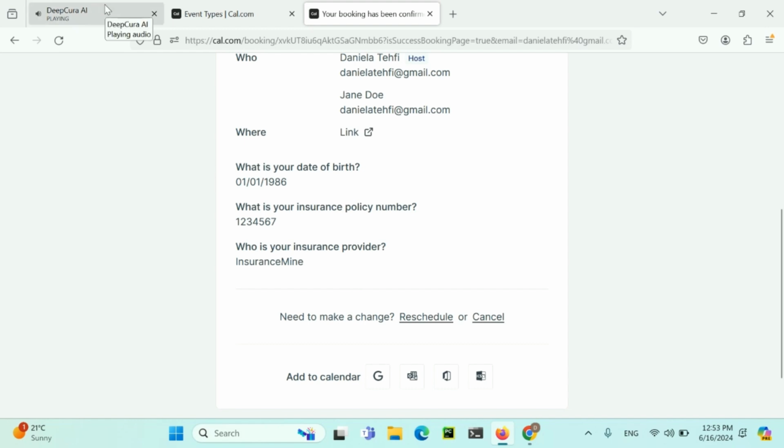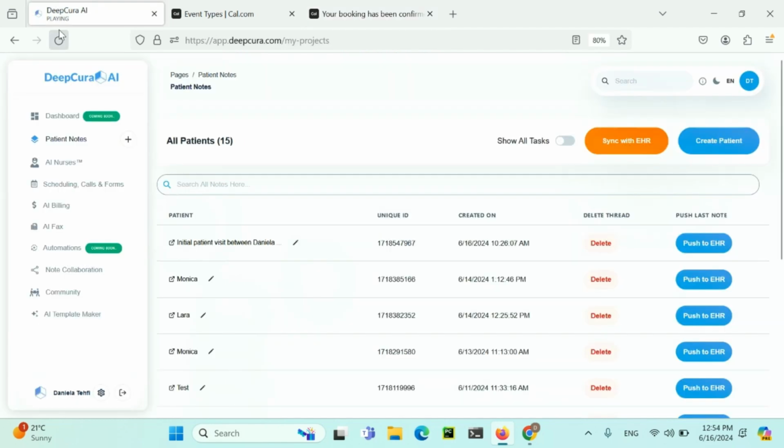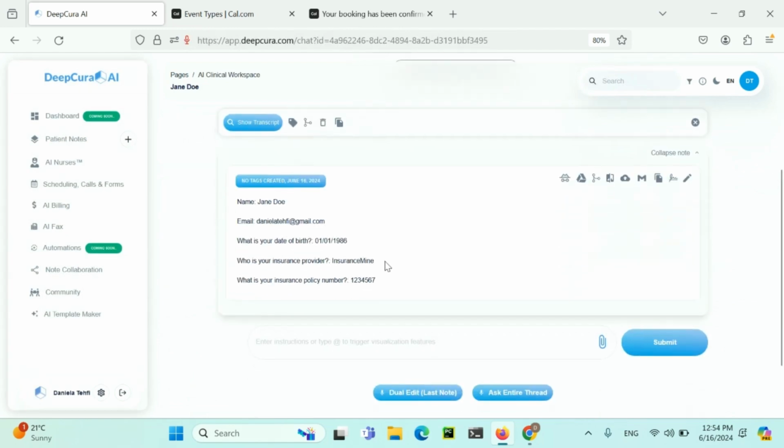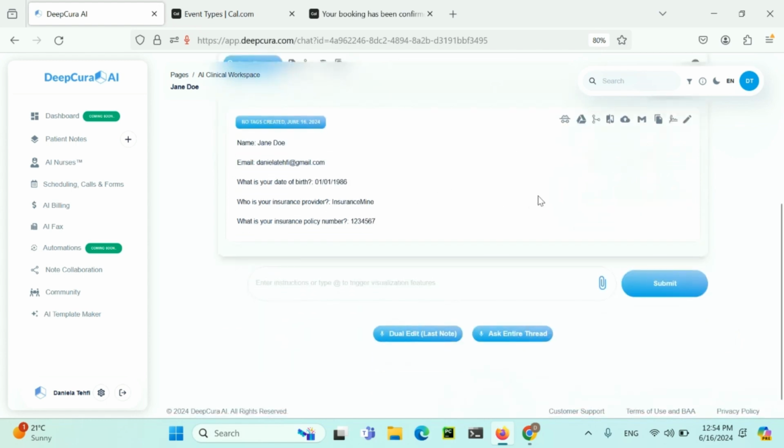And now I'm going to see what happened on the Deep Cura side when that occurred. If I refresh this, now I have a new patient thread called Jane Doe, the name that they used when they booked. And here's all the information that they filled out when they booked the meeting: Jane Doe, their email, their date of birth, insurance provider, and policy number. Why this is so cool is that you already have all this information, and anything else you might have asked the patient in that form. And then you can just merge that with your note once you